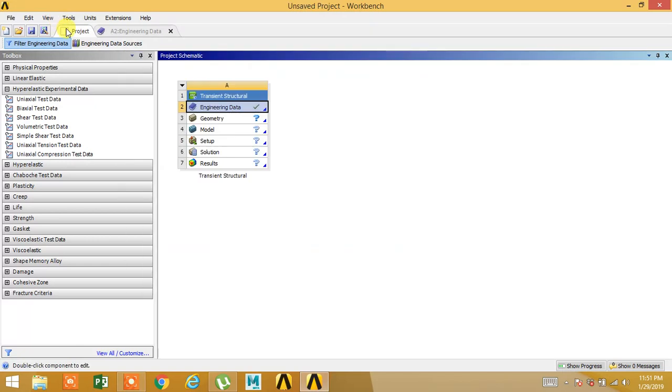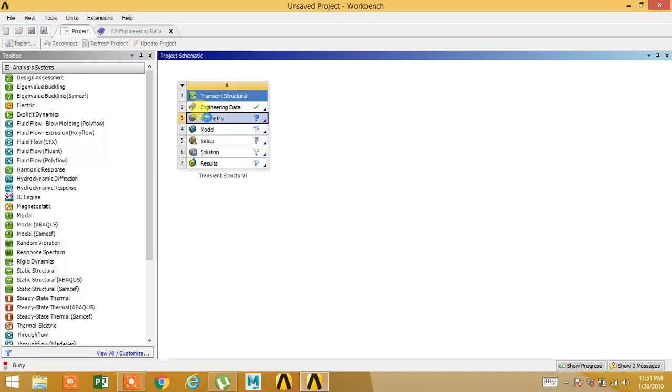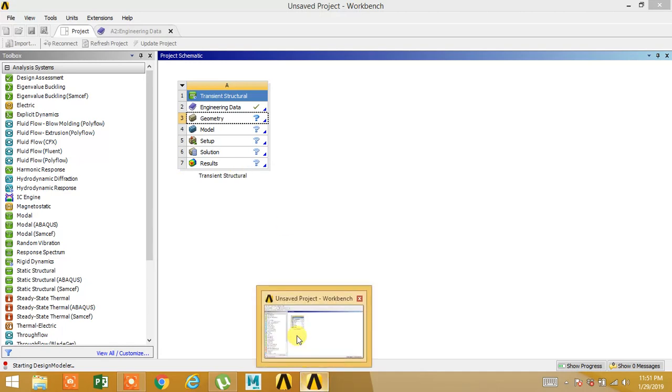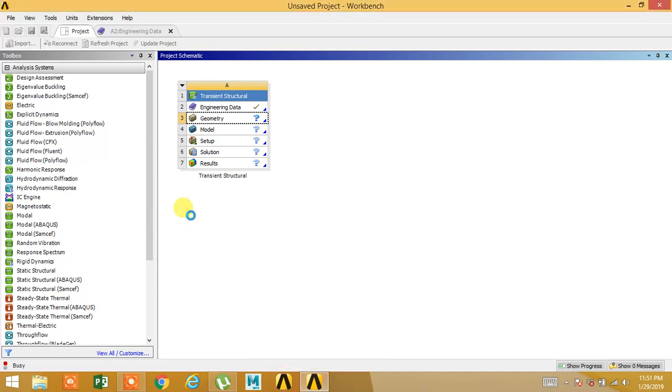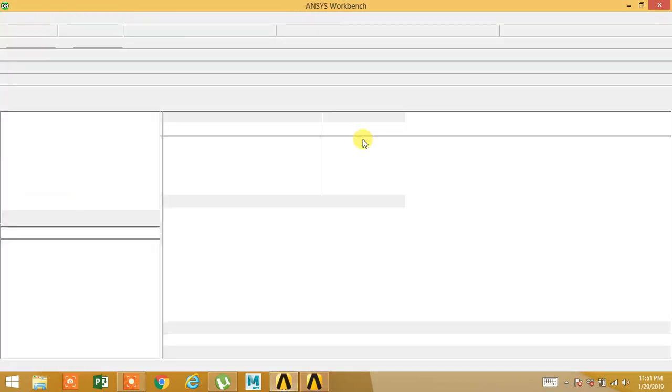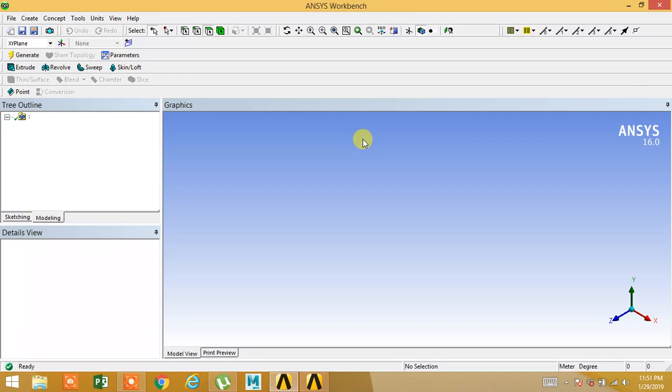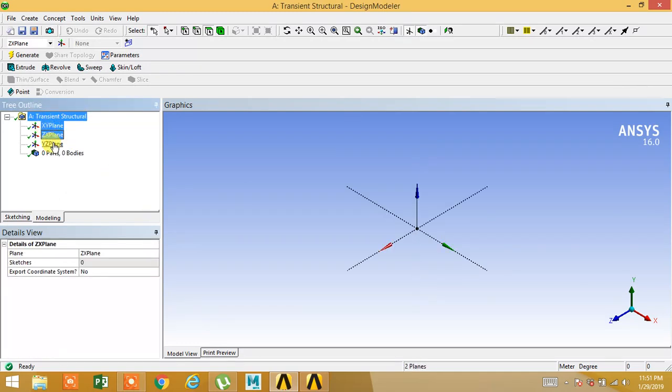Go to project. Click on geometry. Plane ZX plane.